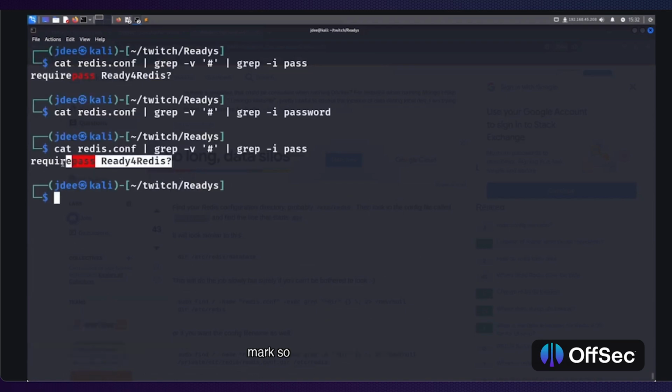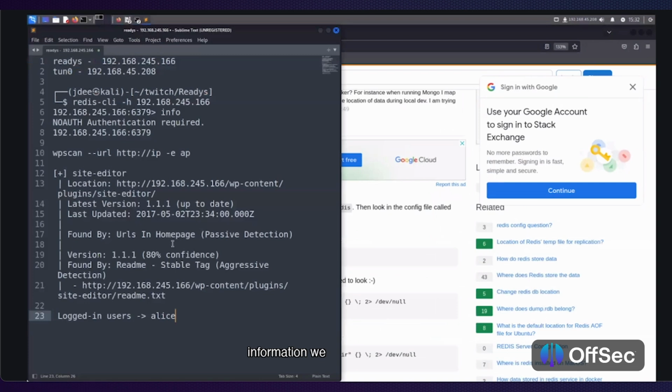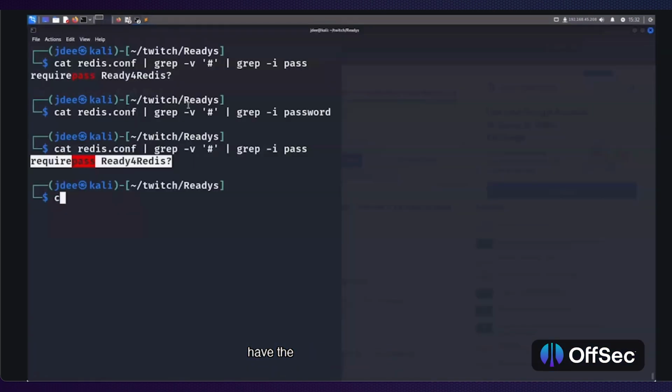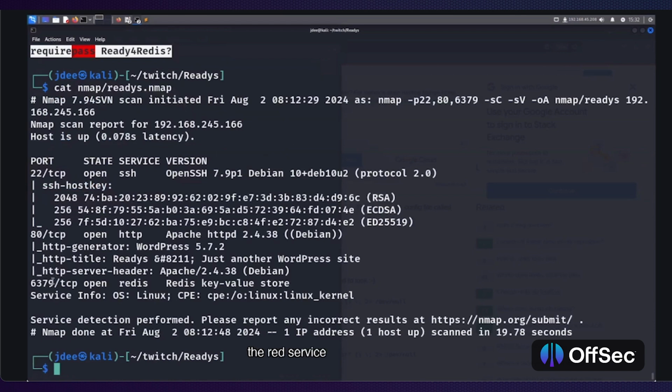So now that we have this information, we can just copy paste it, and I can save this into my notes right here really quick. So we have the Redis password. And now, most probably, as we have the Redis service right here on 6379, we can try connecting to the service again